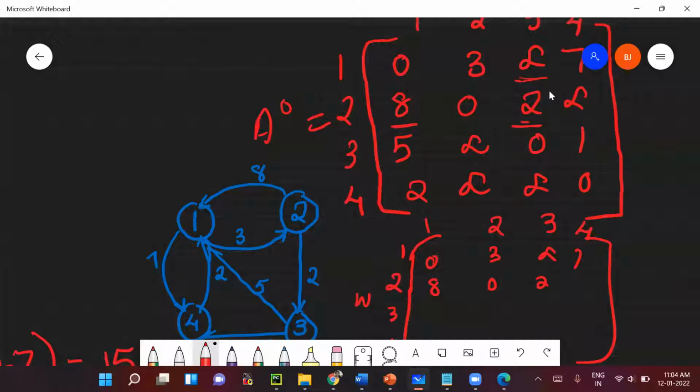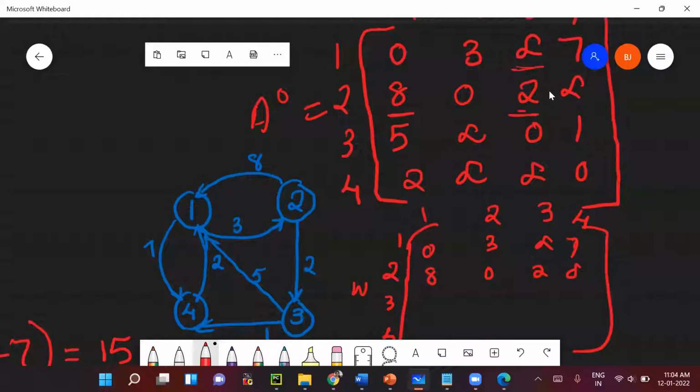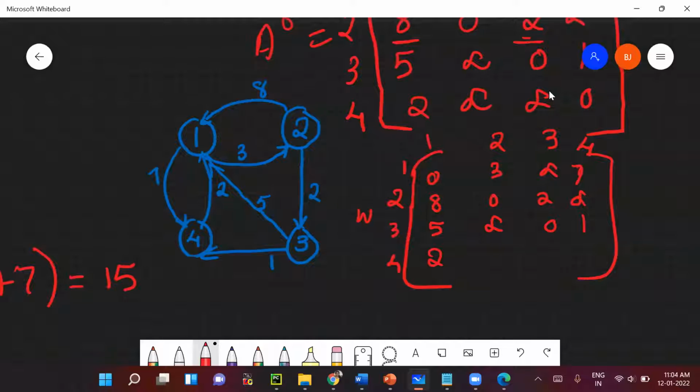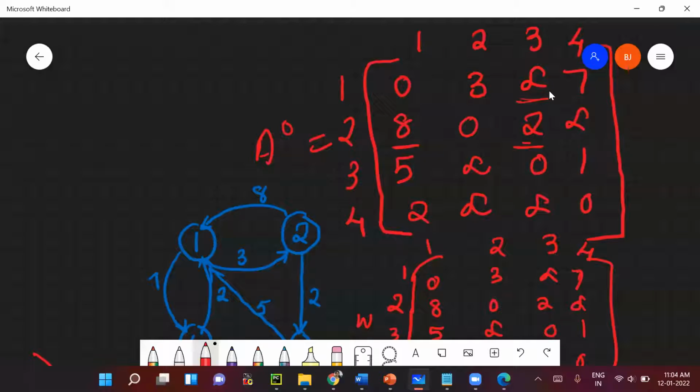And in the first step, what you will be doing? So as I told, in the first step, for the construction of A0, a distance matrix when we are considering no intermediate vertices, this cost adjacency matrix which we have constructed for the graph, we will be just copying it to A0. Is that step clear?